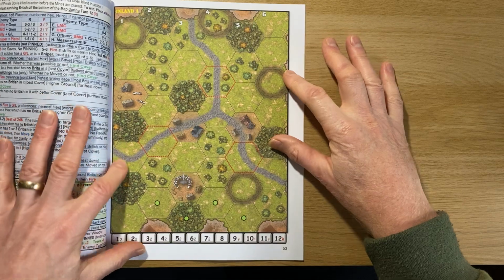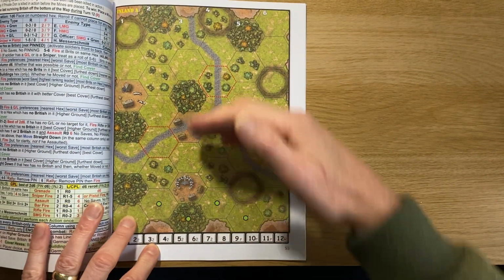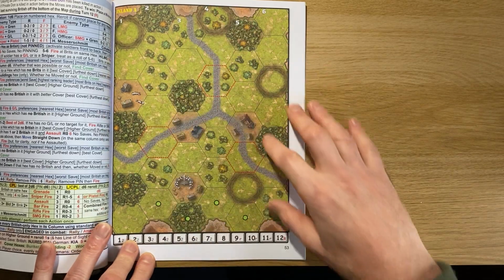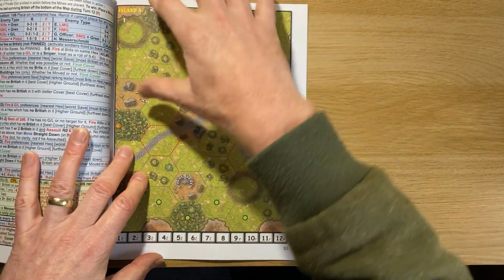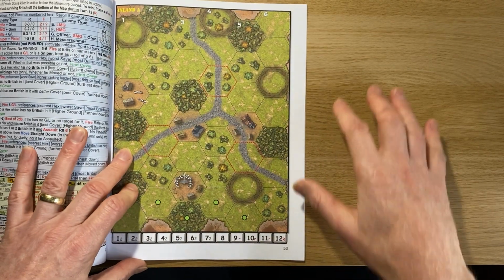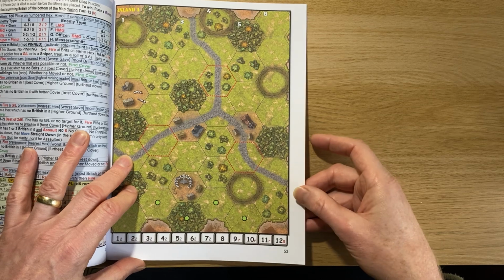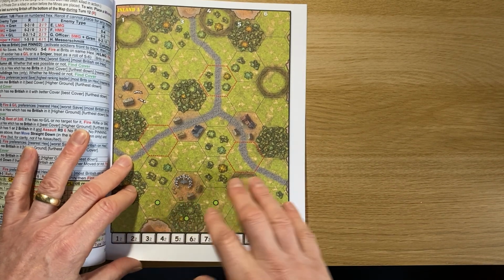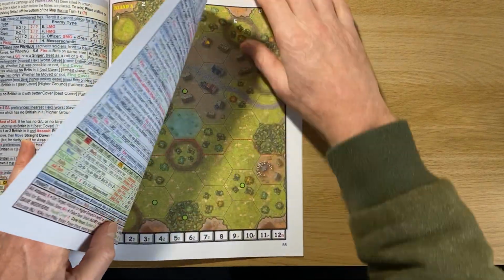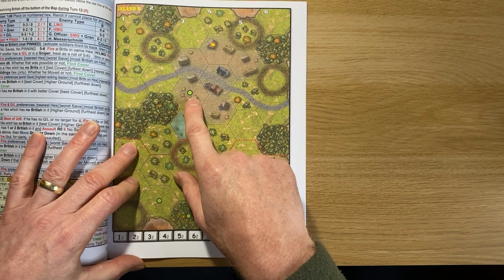You notice there are 6 columns on this game, so it's a slightly larger map. It's a little bit longer as well in this aspect, so there are more hexes on the map. So there are 6 columns. The Germans appear here, and they generally sort of fight their way down, depending on what sort of units they are. They move in different ways and interact with the terrain and so on in different ways. And the British will generally be down here. They start on these green circles,